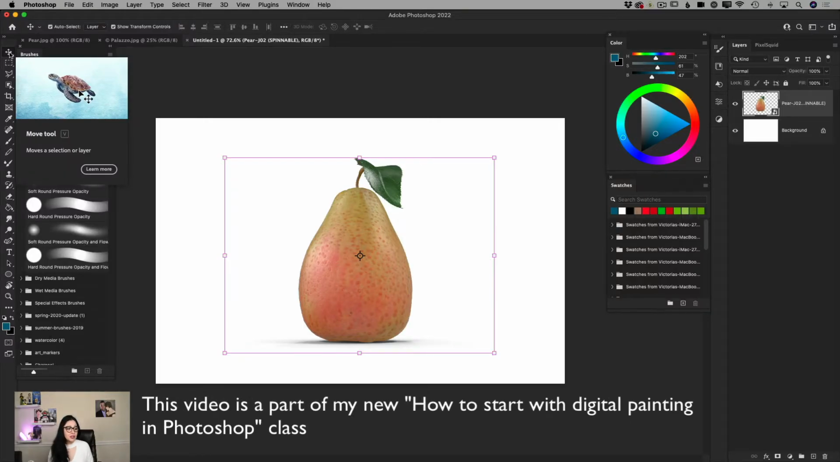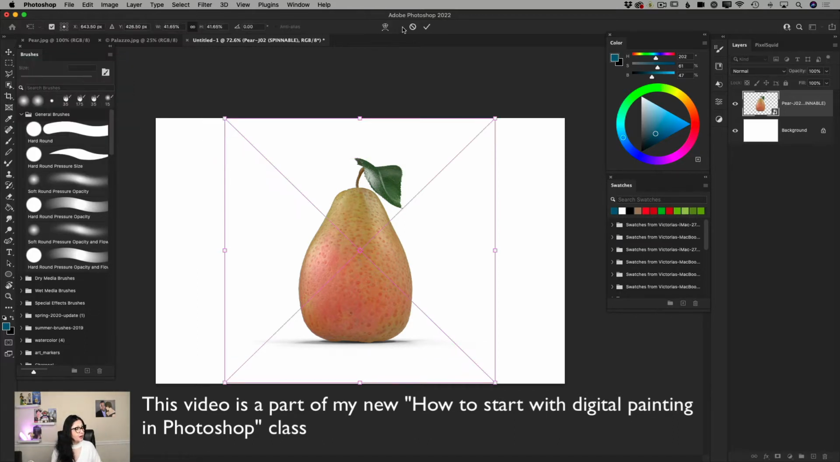Let's talk about what to do if you've never painted before, if you're a photographer, but you would like to convert your photo into a unique and beautiful painting. How can you do it? I will show you. Here I have opened my